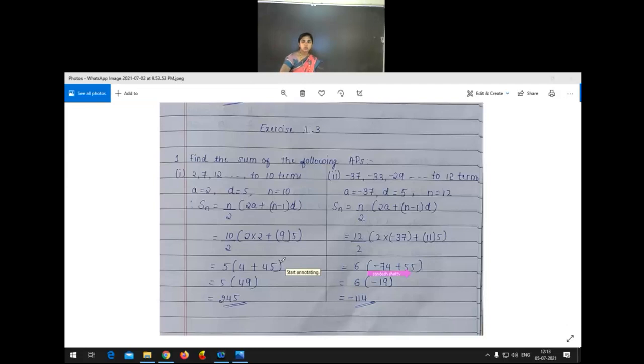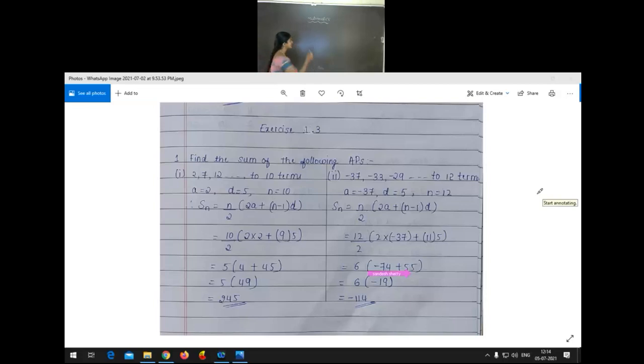Okay. So now, who is going to tell me the first sum of n terms of an AP formula? If we want to find out the sum of n terms of an AP, which formula do we have to use? Tell me fast. Who is going to tell? Yes, Aditi, can you tell me the formula? Sum of n terms of an AP. Fast. Yes, Abhiram. Yes, Danya raised the hand. Danya, tell me.